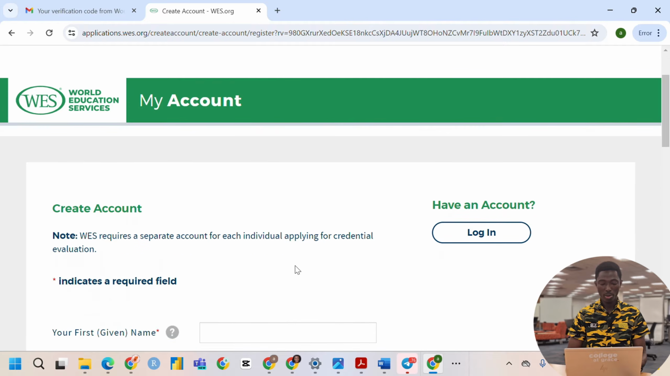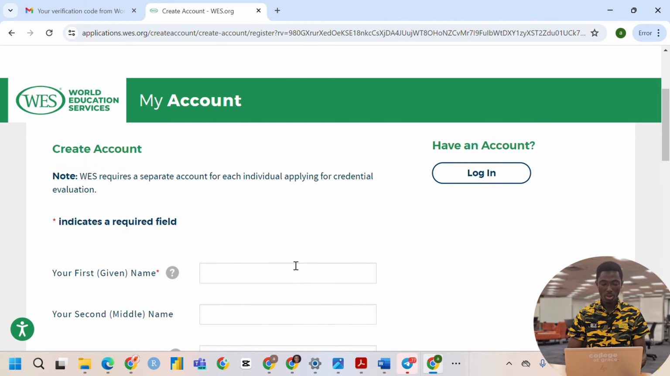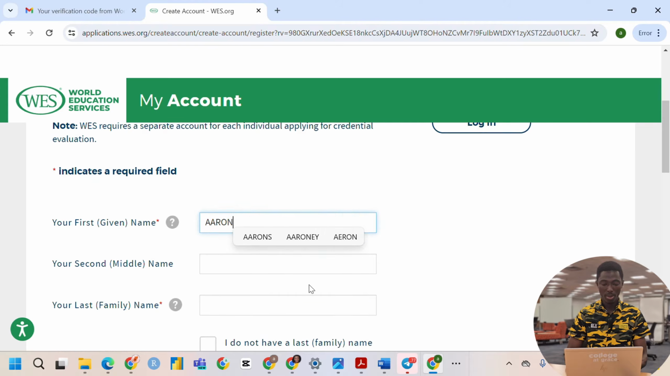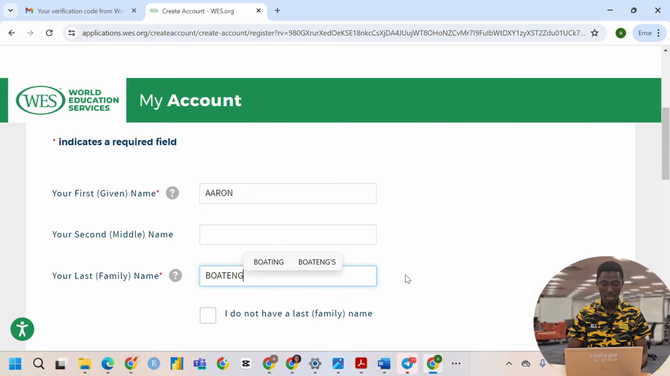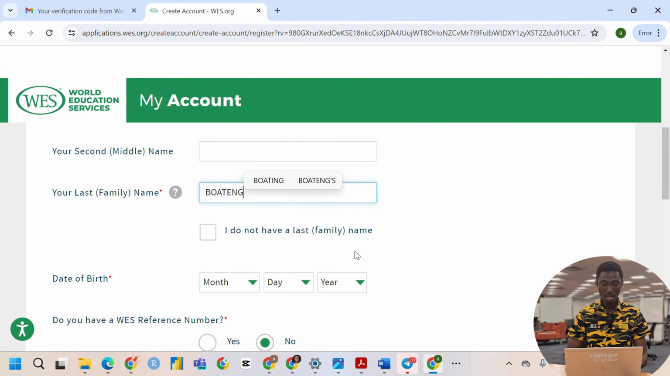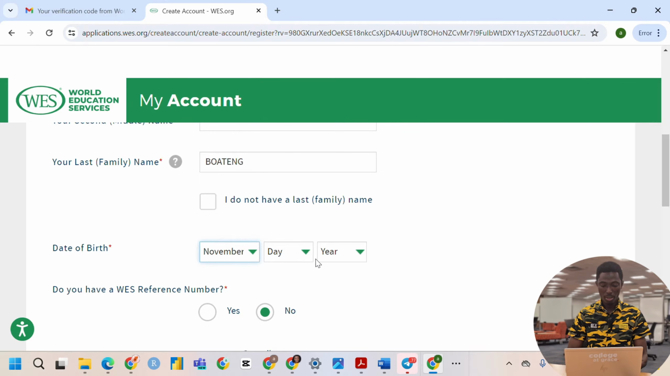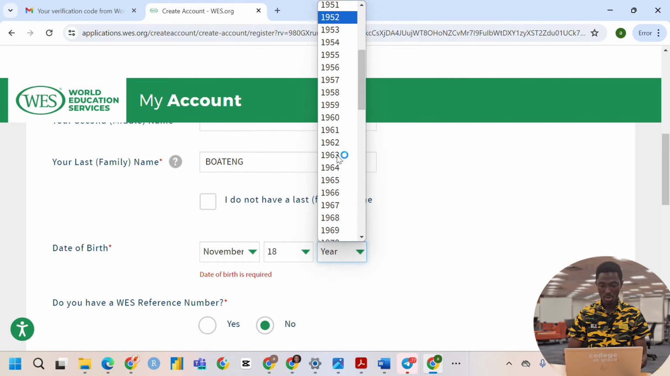So now we have gotten to the stage where we have started creating the account. So they will ask you for your first name. So my first name is Aaron, and then I don't have a middle name. So I choose my last name, Watson. Then date of birth, so I choose my month, let's say November, let's say 18th, and then the year, let me choose maybe